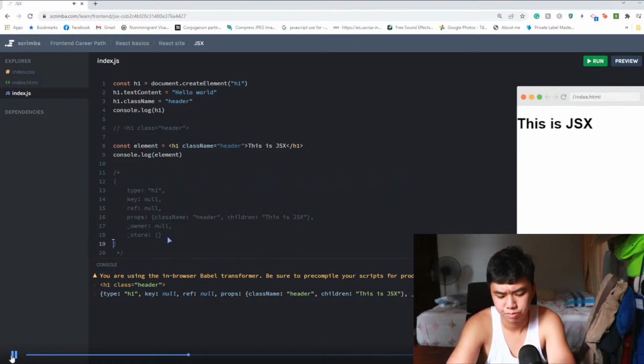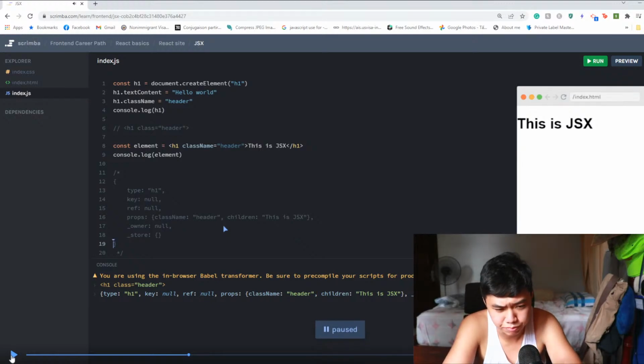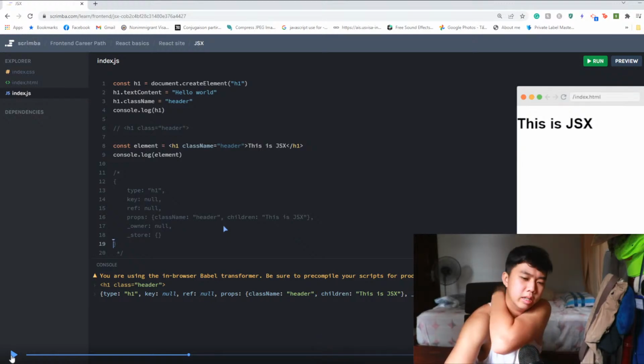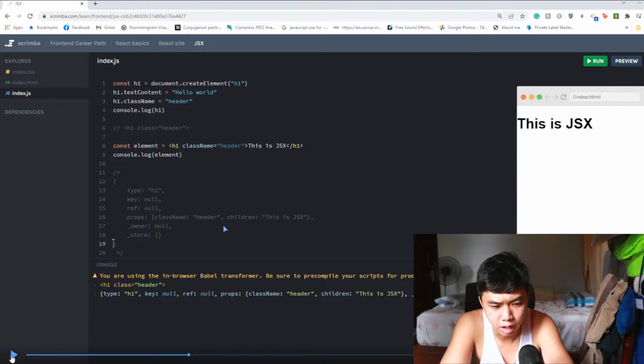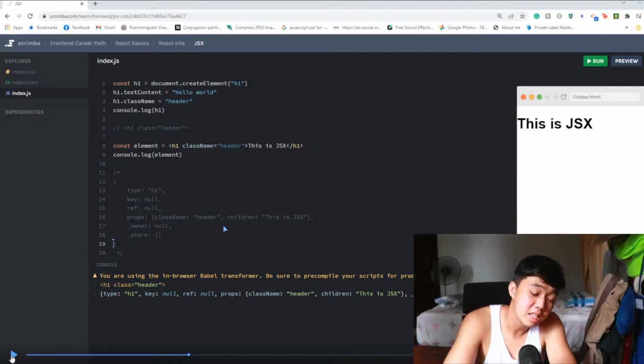So in the end, what this kind of look like JSON to me, like of the object. Yeah, this look like an object. This is an object. Not JSONs, guys. I was delusional, but this look like an object type assigned to H1. So basically, it's just turning out